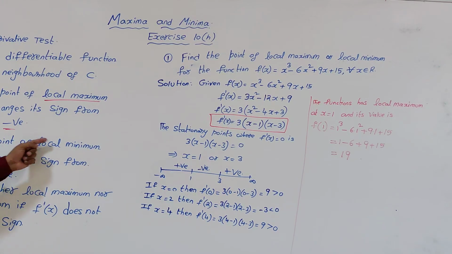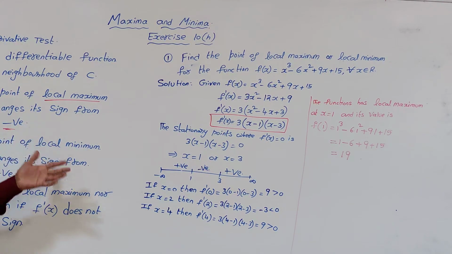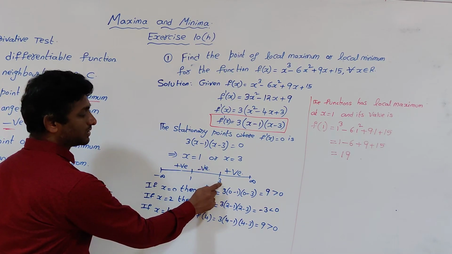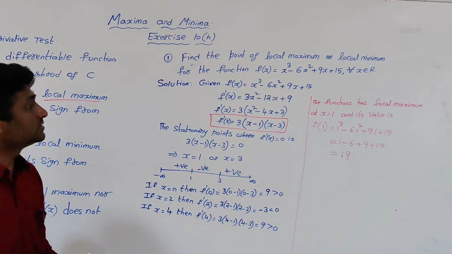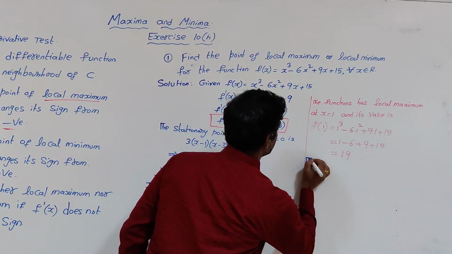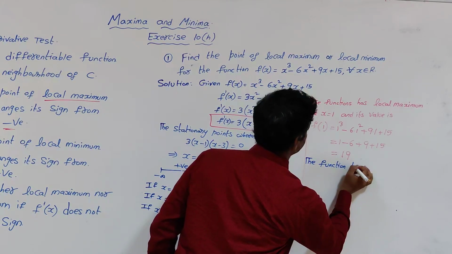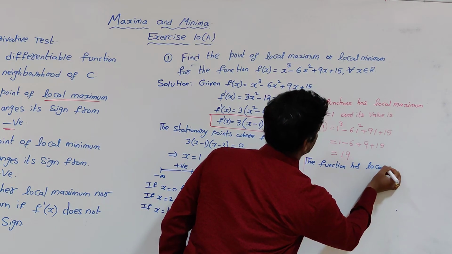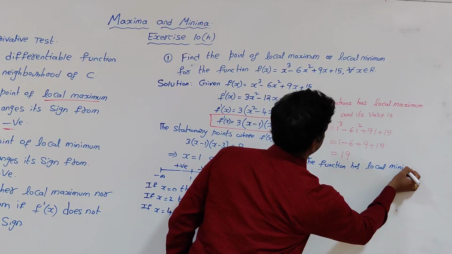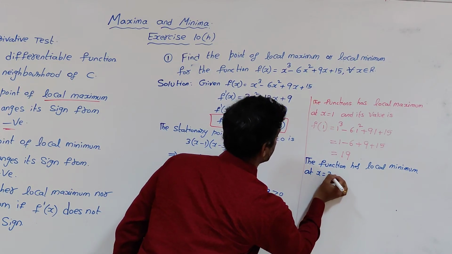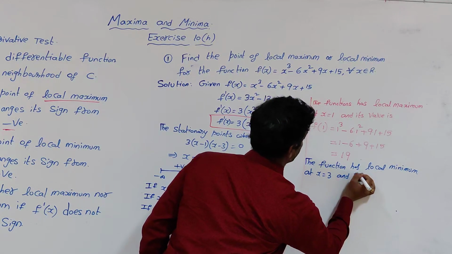If c is a point of local minimum, if it has a minimum, then the derivative should change its sign from negative to positive. So as there is a change in the sign from negative to positive at 3, what we can conclude is the function has a minimum. The function has a local minimum at x equal to 3 and its value